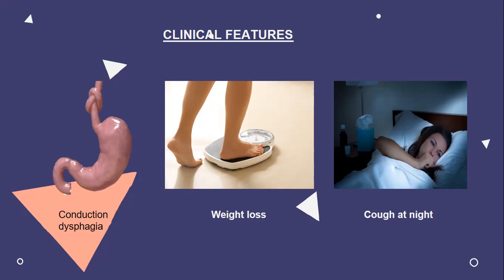On the other hand, we have conduction dysphagia, which is related to the function of the esophagus, which is to conduct the food from the mouth to the stomach, right? So we have conduction dysphagia when we are eating and we feel a piece of food stuck in our chest, because you know this organ, the esophagus, is inside our chest, right? So this piece of food gets stuck here. So the patient tells us he feels like a knot in his chest, or feels like the food is stuck in his chest or her chest. Okay,